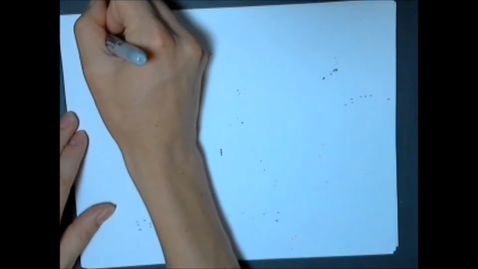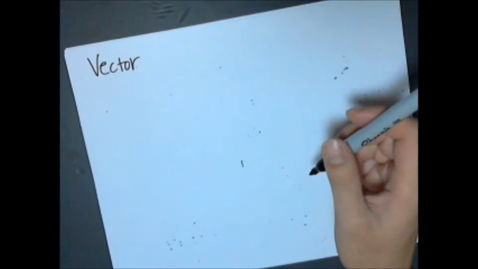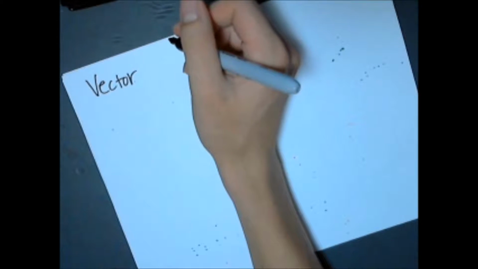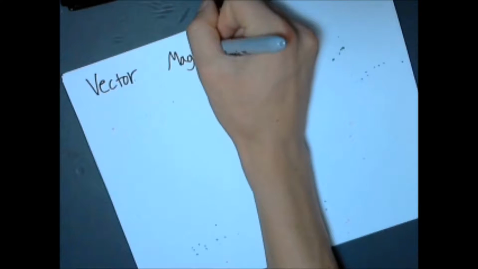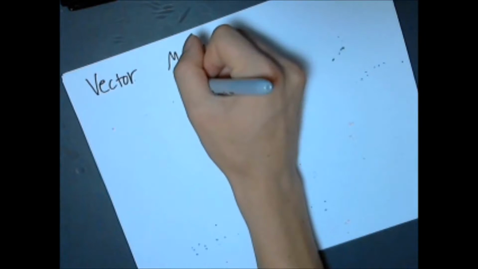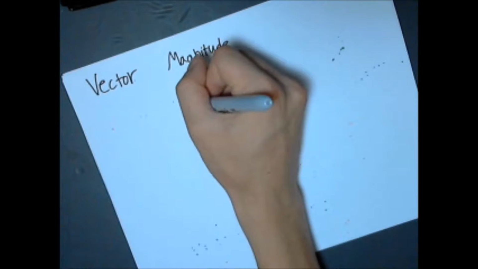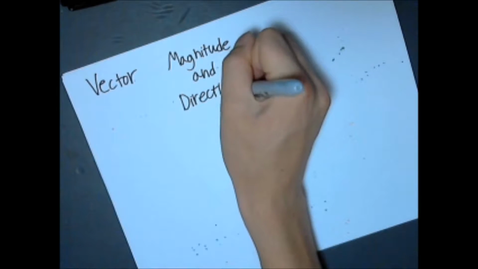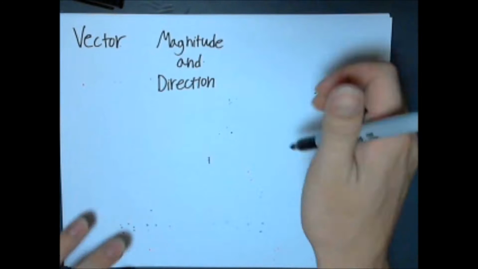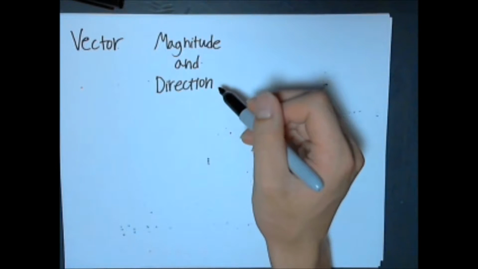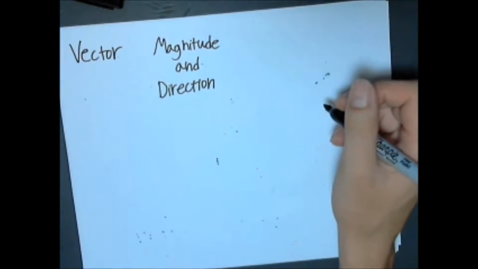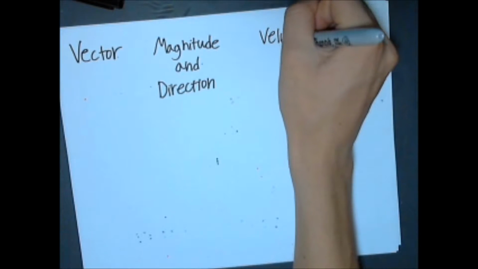Let's talk about vectors. First of all, what is a vector? A vector is a quantity that has both magnitude and direction. A simple way to think about a vector is that the magnitude describes how much, and the direction describes to where. One example of a vector quantity could be velocity,